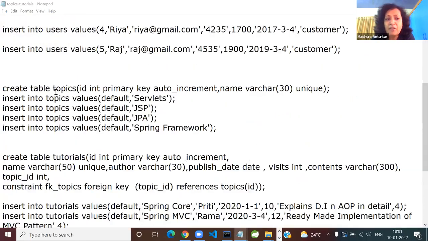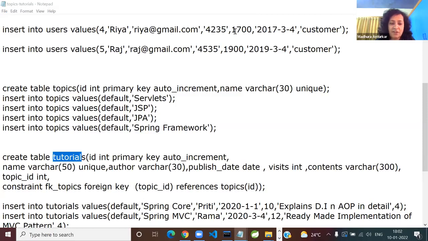Which other tables are you going to require? Of course, the topics table and a tutorial table. So, will there be any relationship between topics and tutorials, or are they standalone tables? Of course, yes. Which one? Don't just say yes, tell me which one, so it reduces my effort. You know the types of relationships: one-to-one, one-to-many, many-to-one, and many-to-many. So tell me, which one?